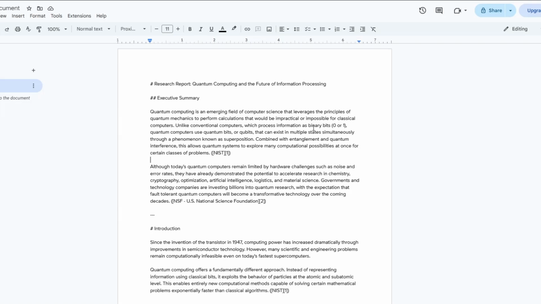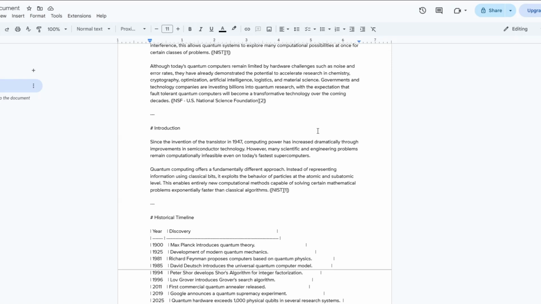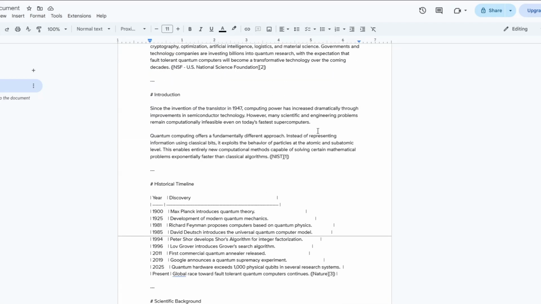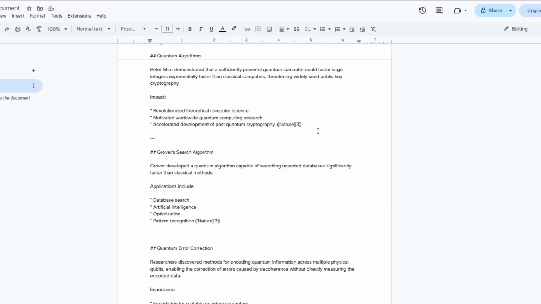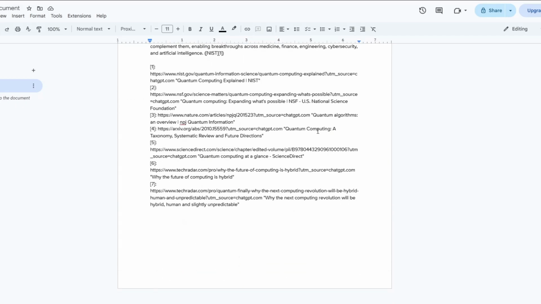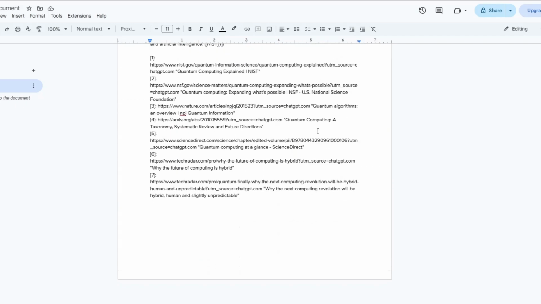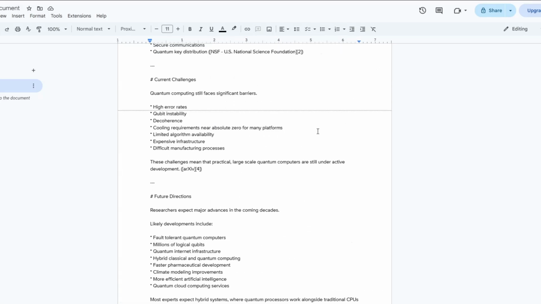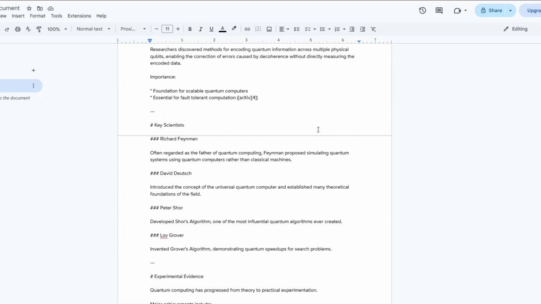I've gone ahead and updated our Google Docs with a new research report on quantum computing. Here you can see the executive summary, introduction, historical timeline, and all these other important research sections, and then we're ending with the conclusion over here. So to create our interactive app from the research